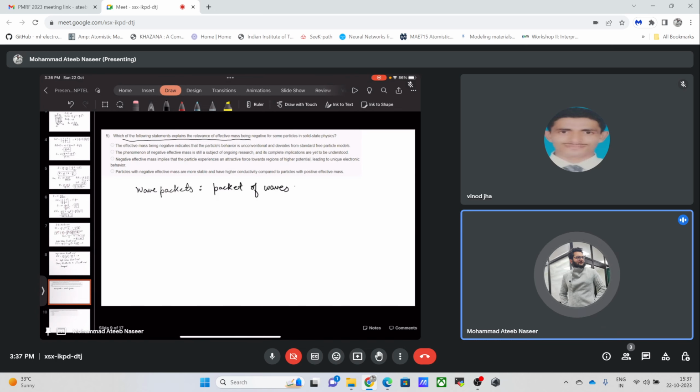Although it would not be exactly those classical equations, it would somewhat give us an idea of how these wave packets behave. These are linear combinations of